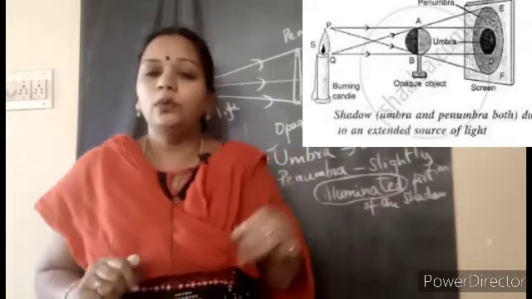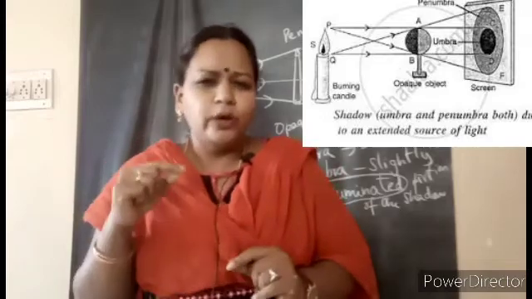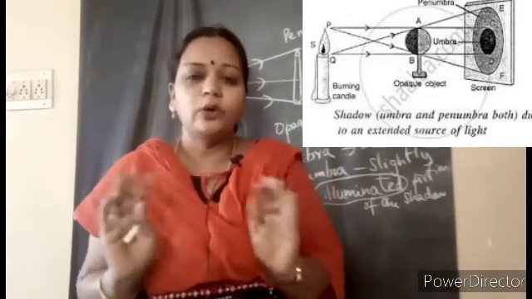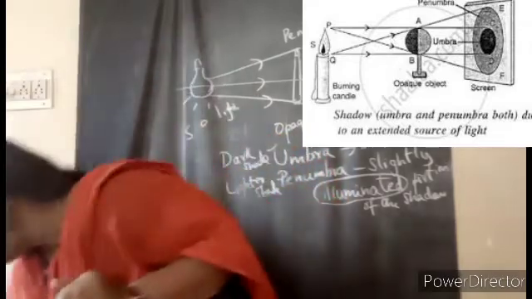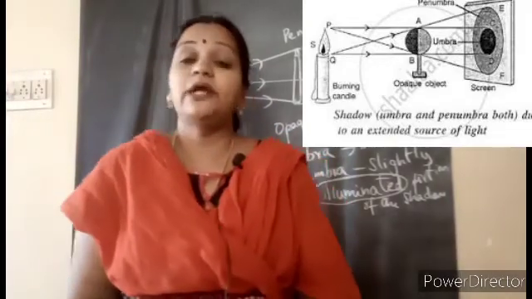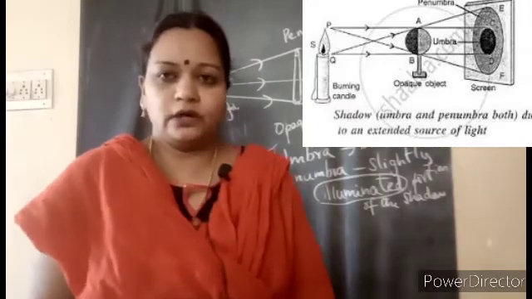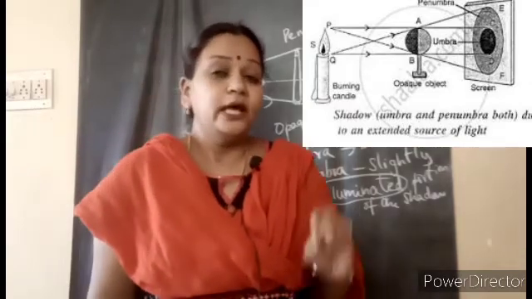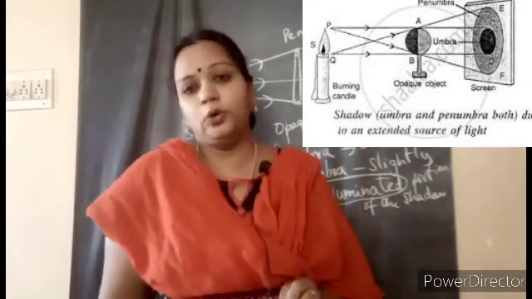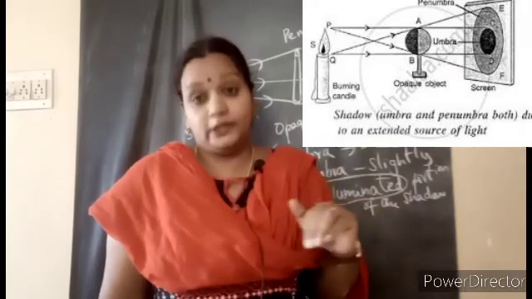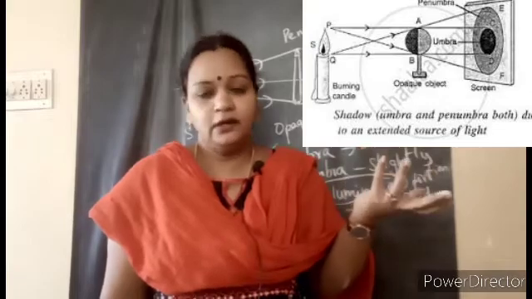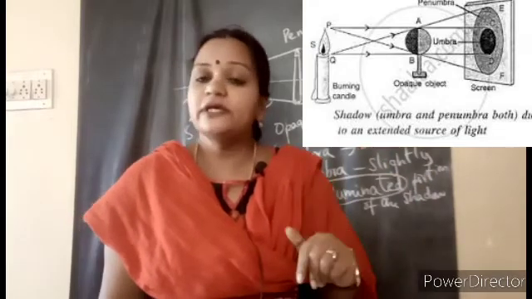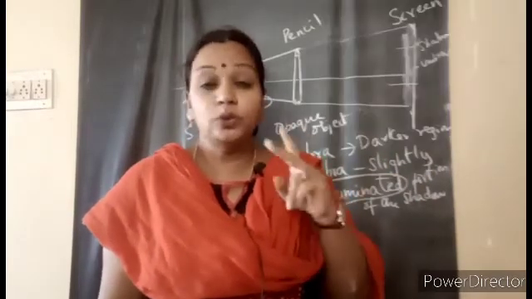Yes children. Now about shadows, one more thing I wanted to mention. We are not going to learn it in detail, you should just know about this. See children, sometimes these shadows, we are all on the earth and we are able to see them. Even these shadows play a very important role in astronomical objects also. Like in the universe, there are so many different objects. So from the earth, we can observe two types of eclipse.